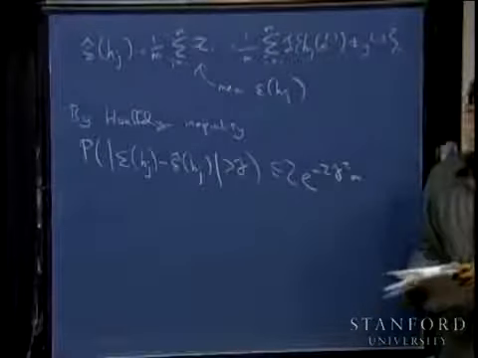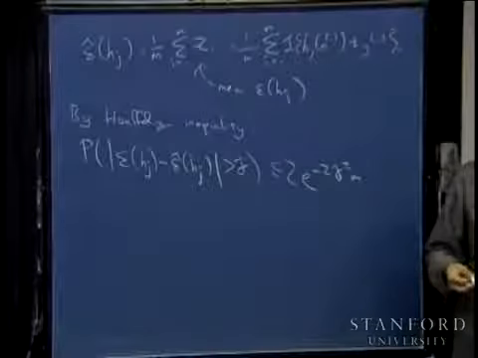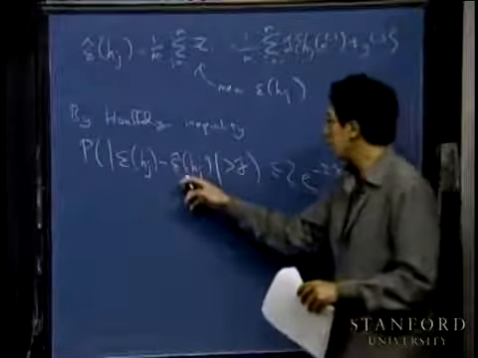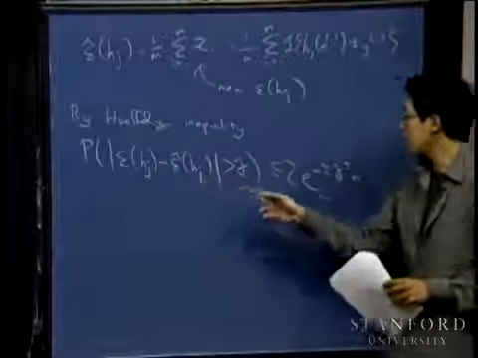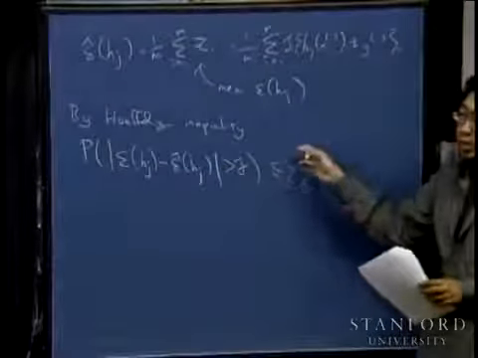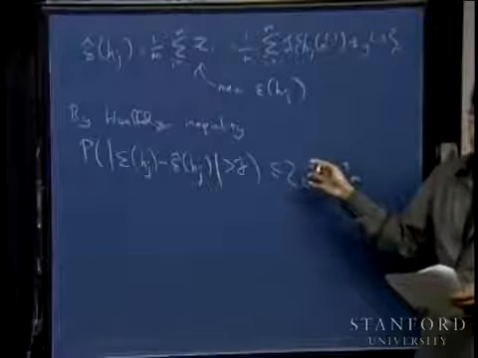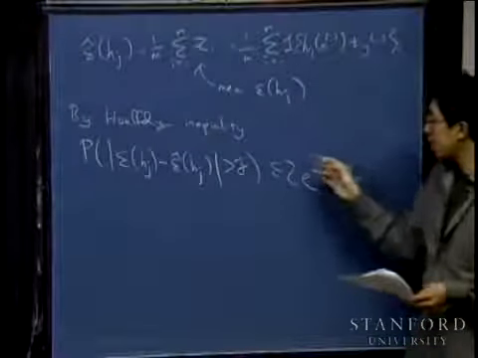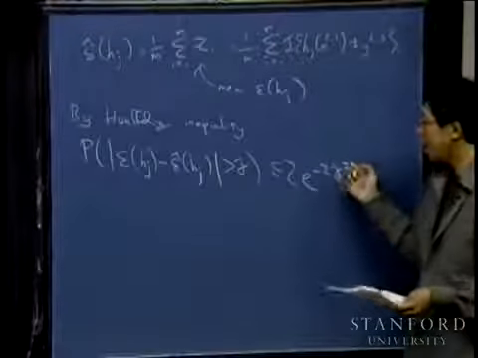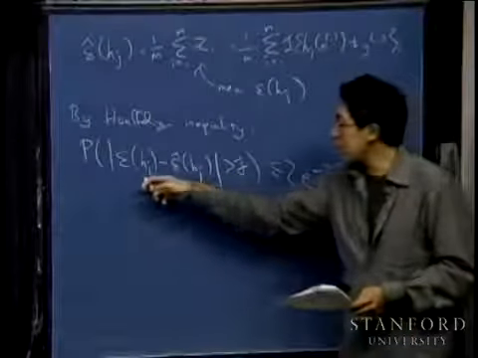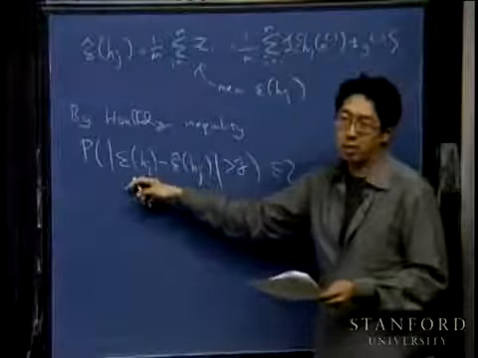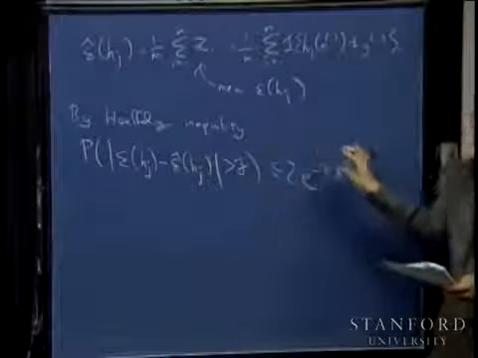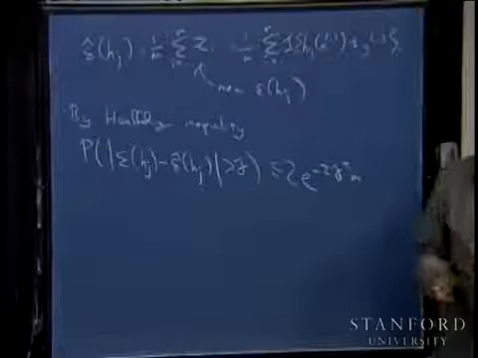And what this proves is that for my fixed hypothesis hj, my training error epsilon hat will, with high probability, assuming m is large, be close, because the right-hand side will be small, since it's 2 e to the negative 2 gamma squared m. So this says that if my training set is large enough, then the probability my training error is far from generalization error, meaning more than gamma, will be small, bounded by the right-hand side. Okay?